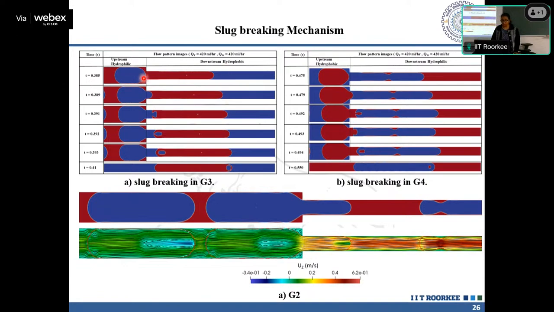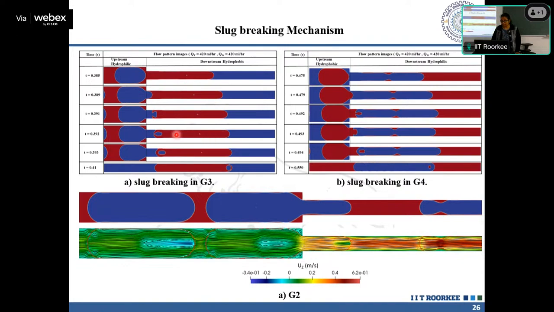Okay, so this is the formation of a slug in the hydrophilic section. This is a toluene slug. The blue ones are toluene. So when it enters, what happened? You can see there is a pinch off happening. When the pinch off happens, it forms a small drop, and this small drop is now inside of this